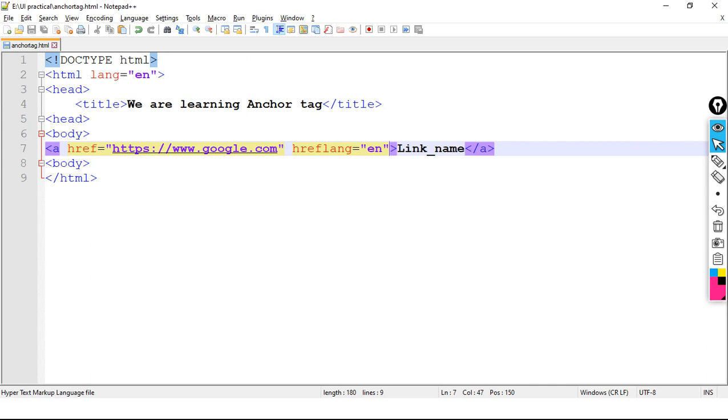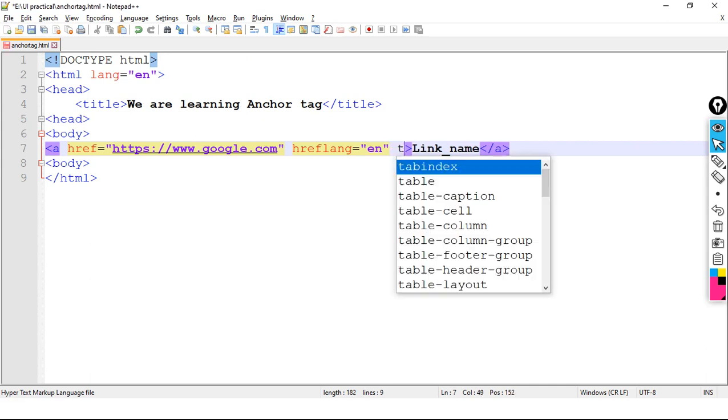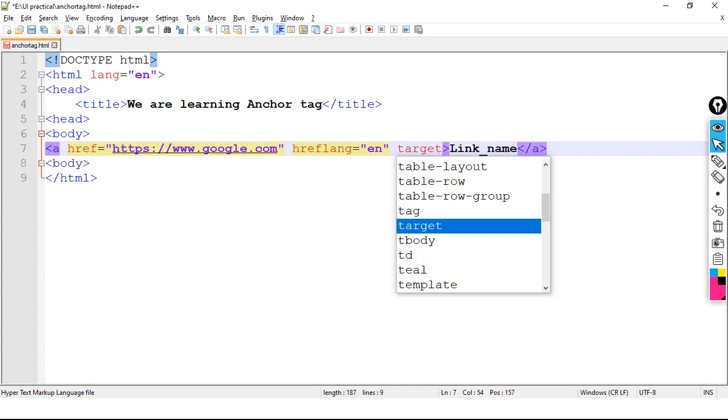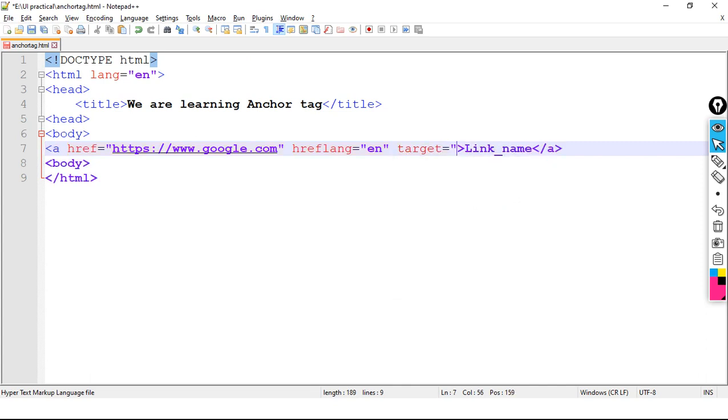But I am changing its default value using target. Okay, target is equal to underscore blank. See what I have done, target attribute, then its value blank. Okay, let me save the code and let me execute the code.